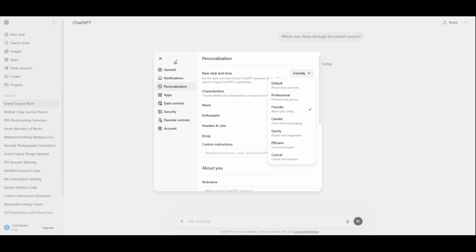Once you've set everything up, you can use ChatGPT for all kinds of voice tasks. You can ask it to draft messages, generate ideas, explain concepts, plan your day, or help you make decisions while you're on the go. The more you customize it, the more it starts to feel like your own personal AI